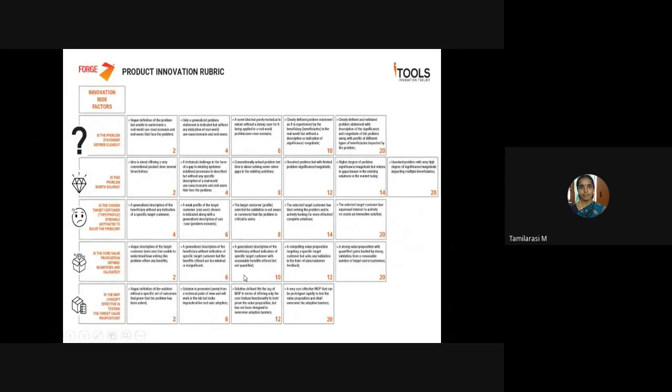The fourth category is the core value proposition defined, quantified and validated. Value proposition is the most important point in the business. Whatever product you are developing, you have to know its value proposition. Value proposition means the benefits that the product is going to give the customers. Is there any core value related to your project? Definitely the core values will be there, otherwise there is no use in developing the project. So how far are these core values quantified, that is, measured, and how far are they validated as true or false?